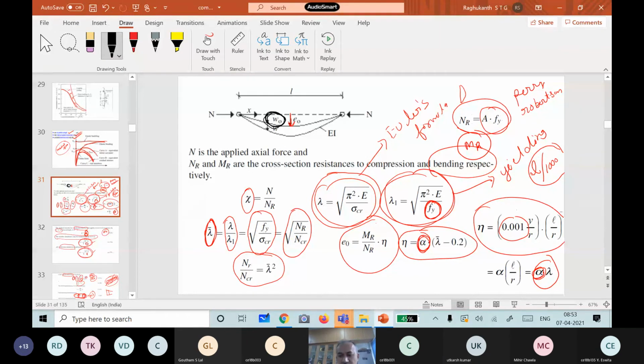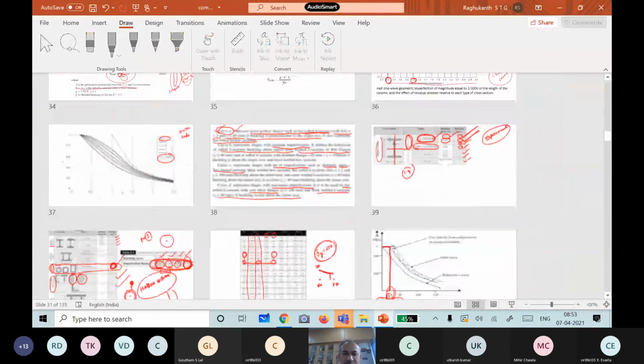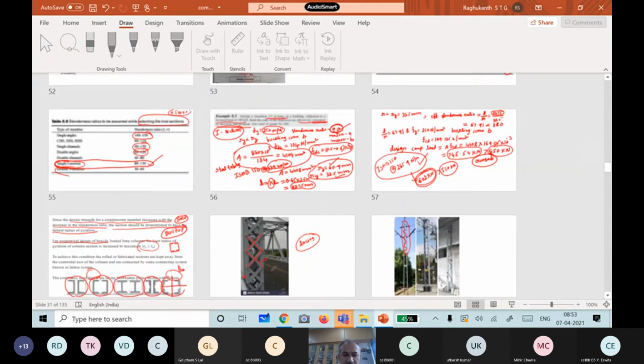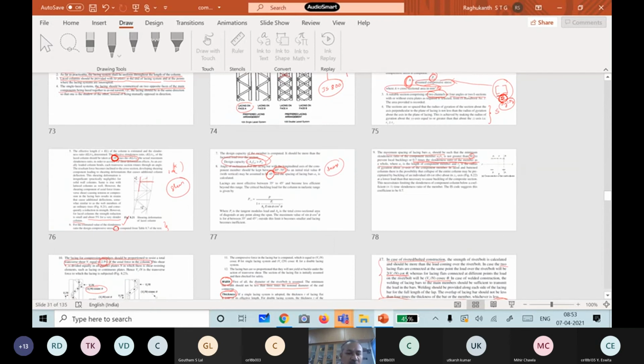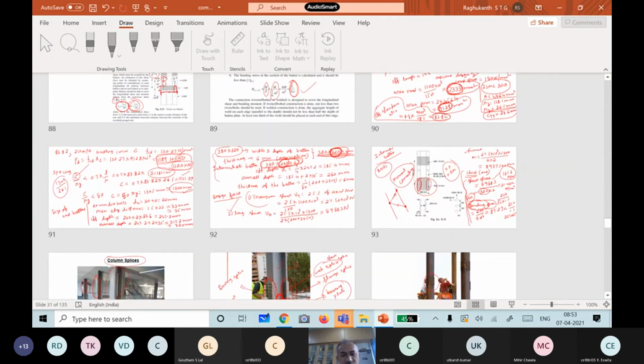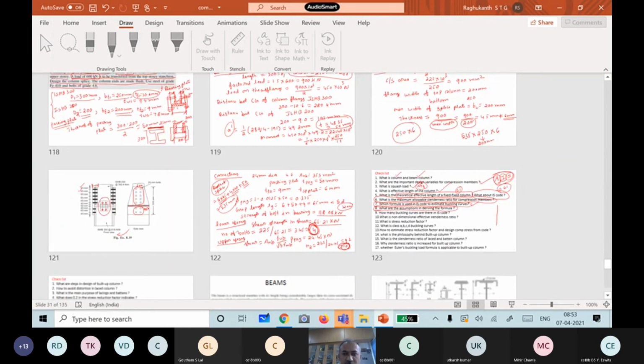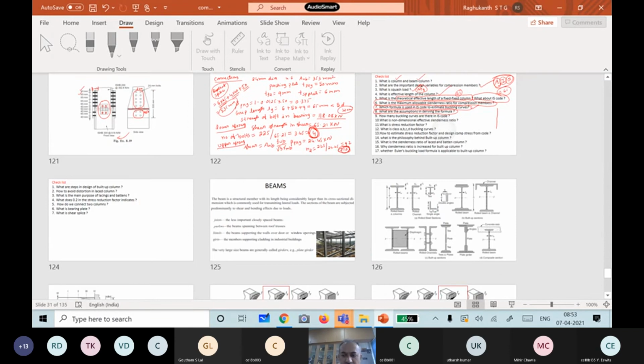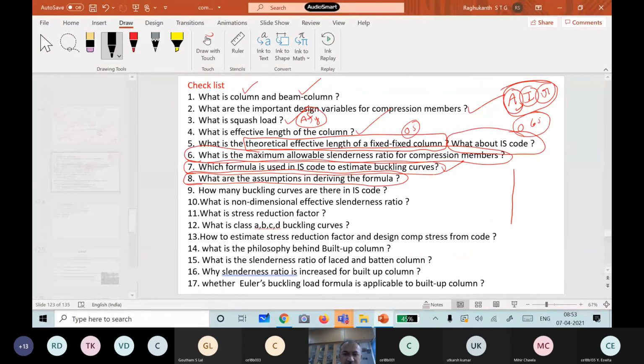So this you have to remember. Based on the initial imperfection, the formula has been derived. Of course the code says eccentricity is also that one only. So that is the most important assumption: initial eccentricity, or the Krugod column. Already the column is bent.